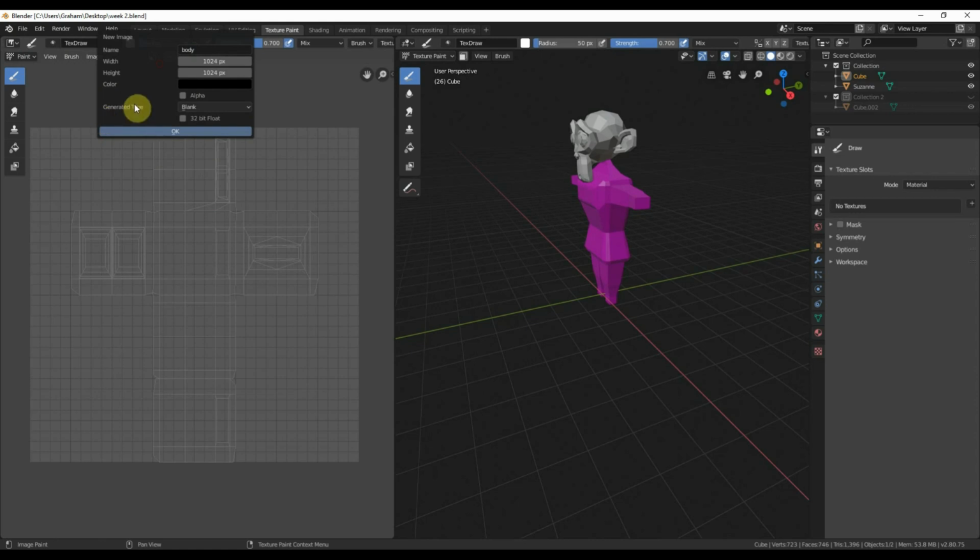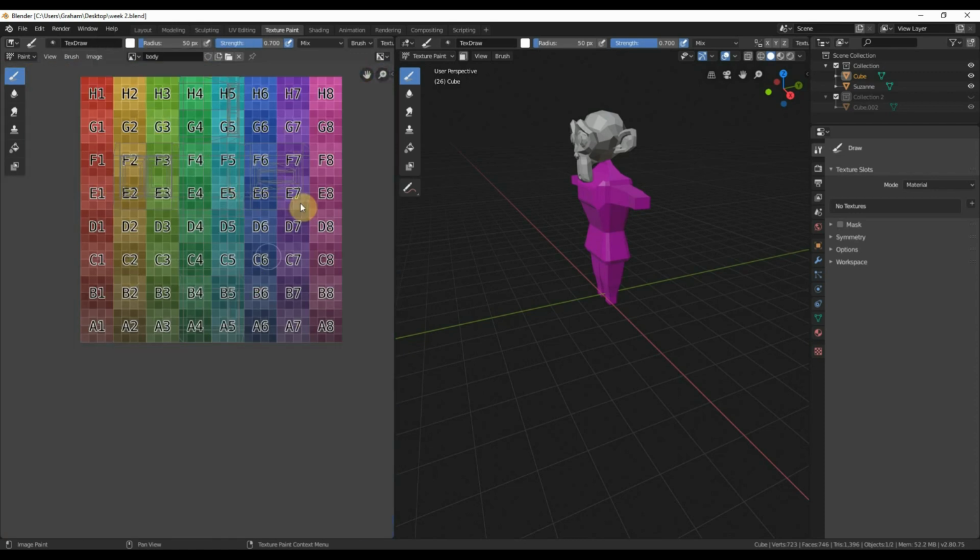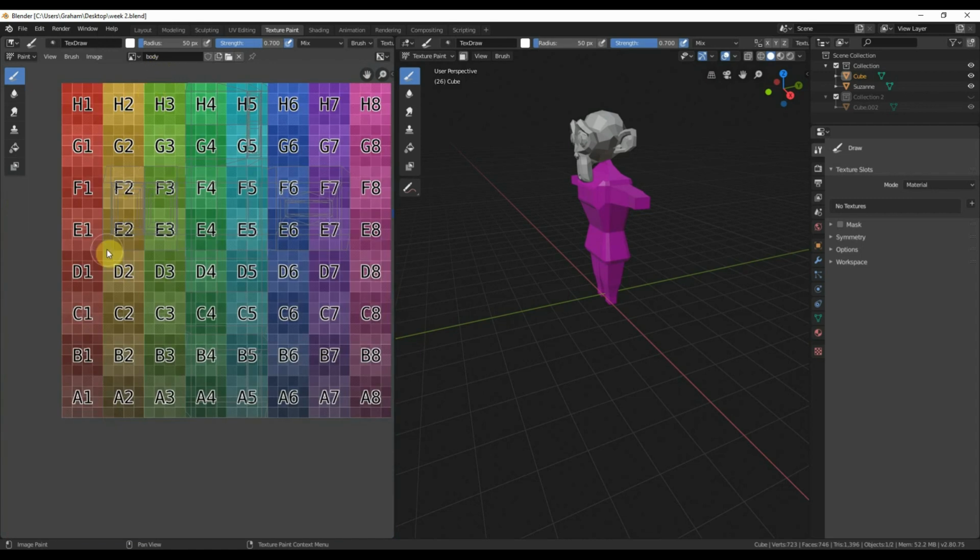But what we're interested in here is this generated type. Blender has a couple of default textures, UV grid and color grid, to help you when you're unwrapping. I'm going to use the color grid and press OK. And there we can see we've got this color grid map. Okay, so we've got the different colors and letters and numbers. Helps us easily identify on the model. And in fact, if I come across to